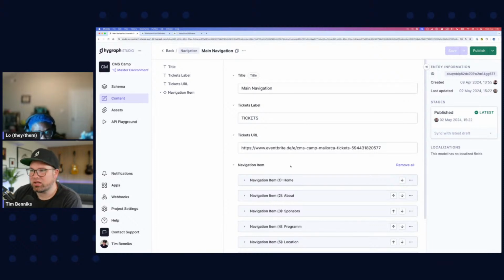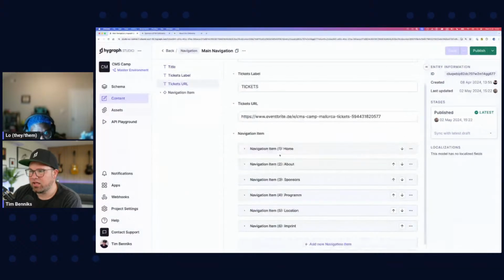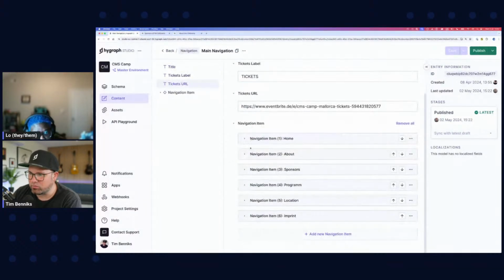Anyway, so this one now here, we call it the main navigation. It has the ticket label and the URL. And then here we can actually have all these items, right? So this is interesting, because here a component is actually a value of